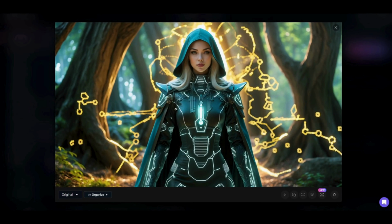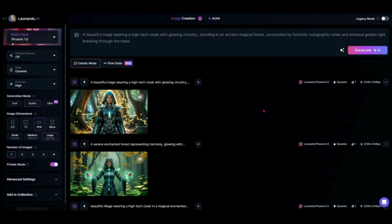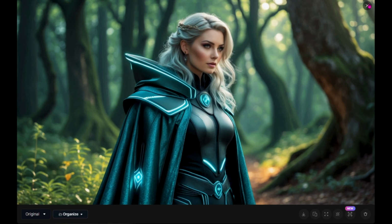Okay, so take a look at how different this one is from where we started. You can see that by blending futuristic and magical elements, it really created a contrast that's unique and intriguing. We've got these glowing sort of ancient ruins behind her here. She's still got on the high-tech cloak. She still has a very magical vibe to her, and she is still in the enchanted forest. But that image is very different from our simple prompt. If we go back and take a look here, you can tell there's a lot more magic going